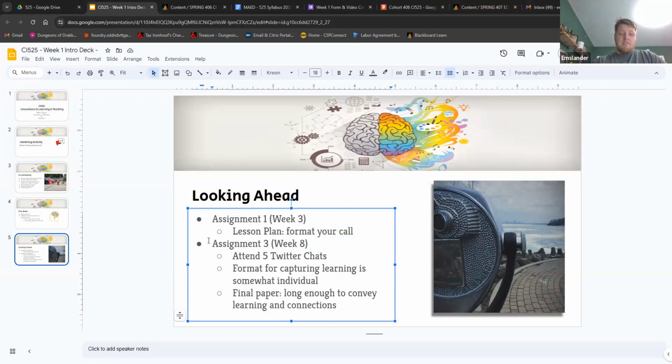Looking farther ahead to your final assignment, as it currently stands, you are required to attend 5 Twitter chats. Myself or the other professors will be hosting several of these throughout the semester, and this syllabus also includes several ongoing ones. The idea is that you attend and participate, and what these really are, they're just live chats. So rather than posting something and a couple days later somebody might tweet back at you, the idea of Twitter chats is that they are active and live.